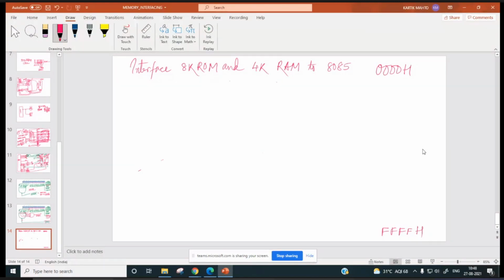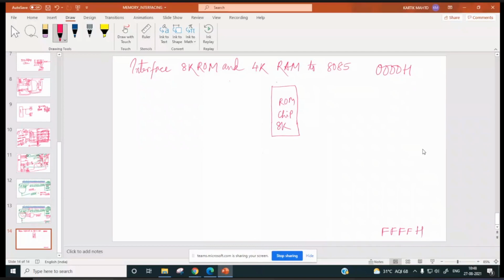So here you will have a ROM chip of how much size? 8K. So how many address pins will be there?